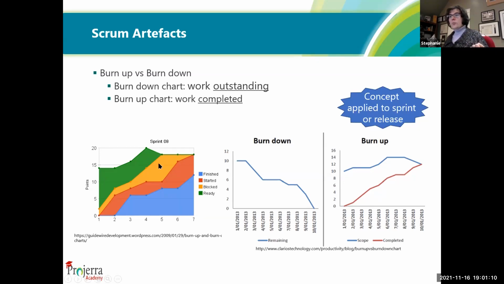There are some things that are blocked, but they all get unblocked by the end of the sprint. All of the work has been started, and most of the work has been finished. There's a little bit here in red that is left over, and that's going to have to carry over to the next sprint.